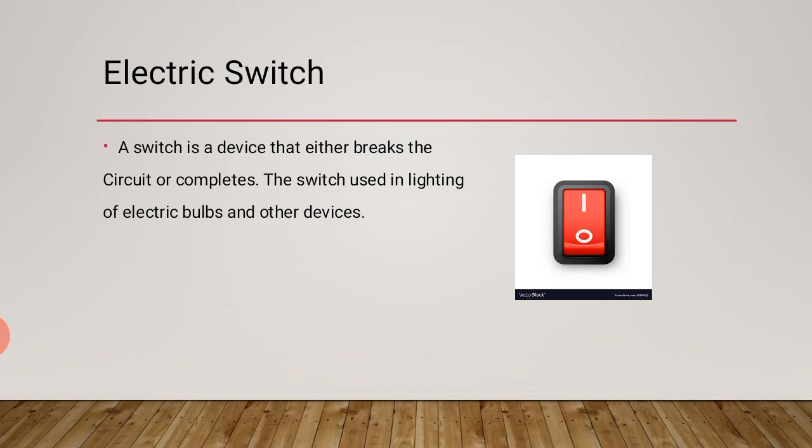So in the last classes we discussed electric current and the electric bulb. What do you mean by electric current? You have studied that the flow of electric charges is known as electric current. Charges are nothing but the electrons. Next, the electric bulb we also discussed. A bulb is a device which converts electrical energy into light energy, or else chemical energy into light energy also.